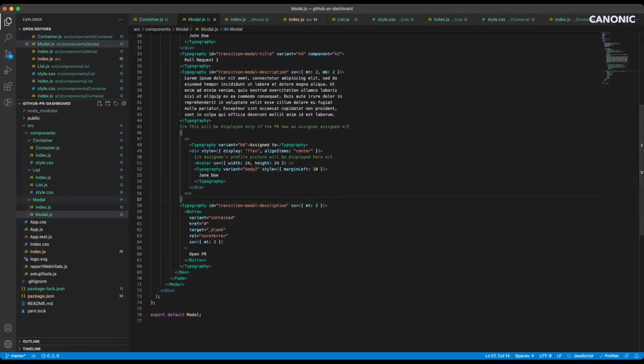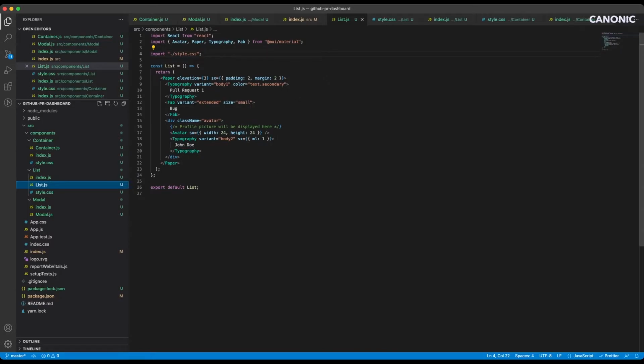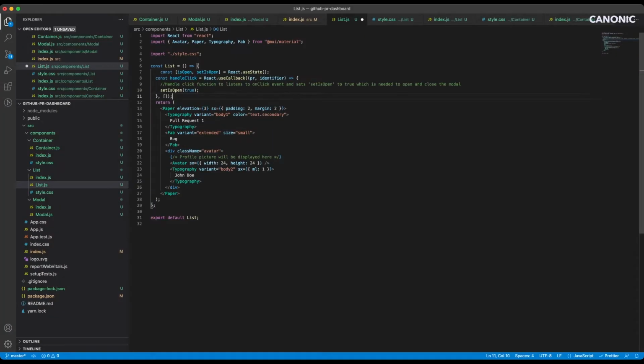Let's go back to our list component. We need to define an on-click handler here so that whenever someone clicks on any of the items on the list, that modal should show up. So let's do that. Let's create a state that can help us keep track of that and define an on-click handler.